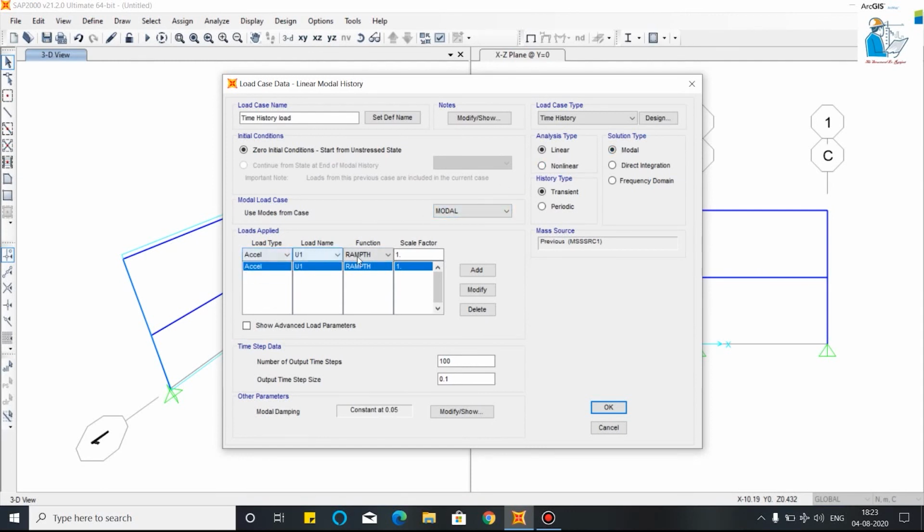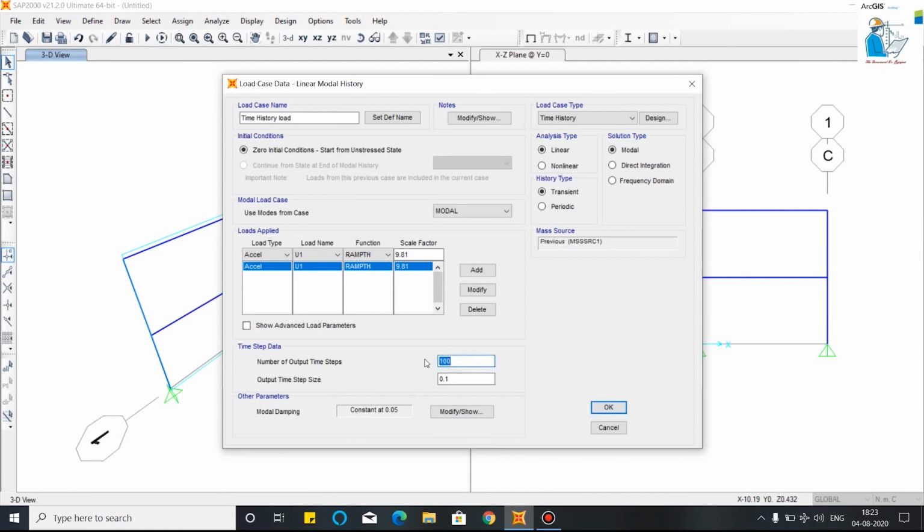Select the acceleration. This is the scale factor. I have to convert to g, so 9.81 is my scale factor. Modify, and this is the time step data: number of output time steps and output time step size.